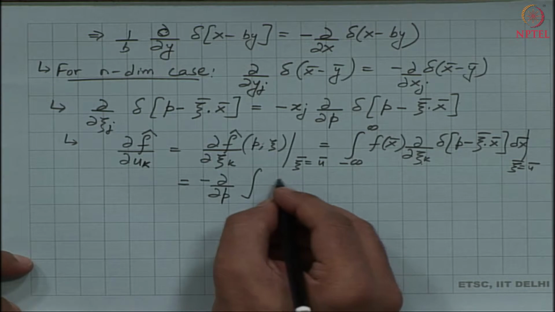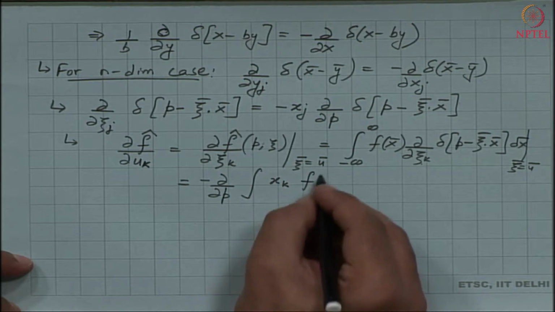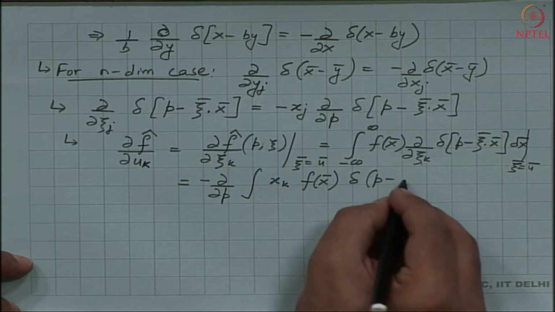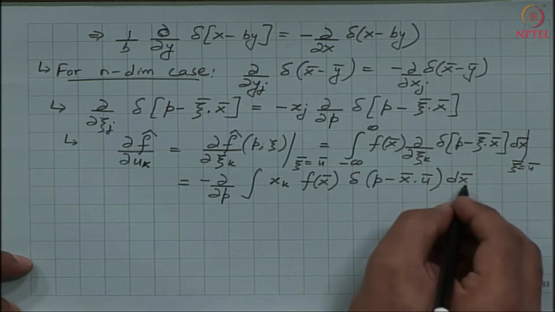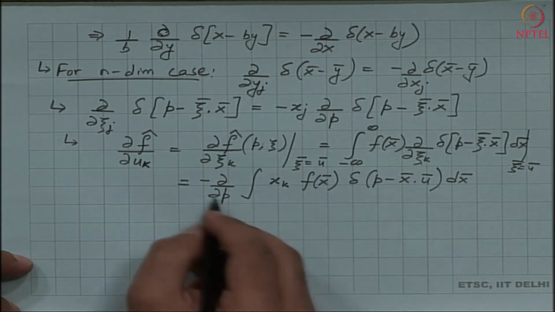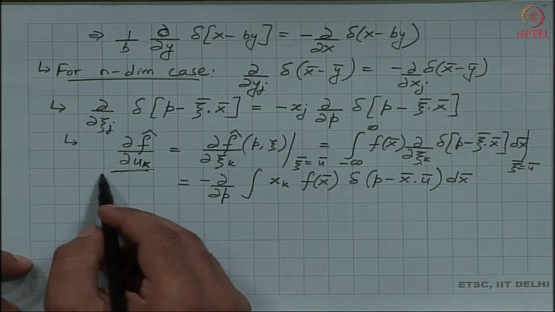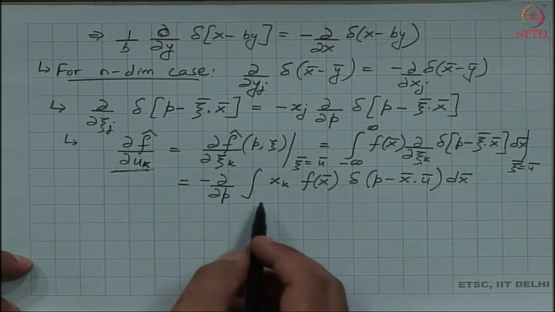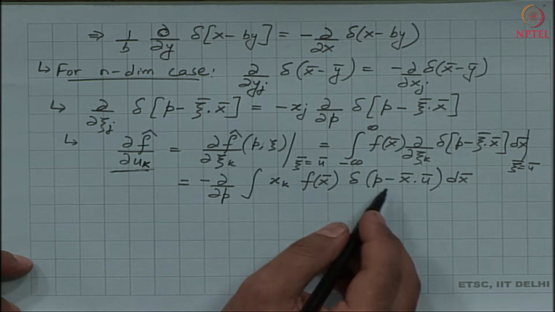Well, so that becomes x_k, that is the kth component of f(x) times the delta function evaluated at this hyperplane x dot u. Okay. So, again the integral is with respect to x. So, we see that if I were to evaluate the derivative of the Radon transform at a particular value of the direction cosine with respect to the angle, all I have to do is find the corresponding derivative with respect to p of this particular integral.